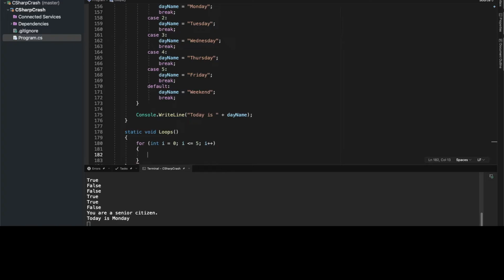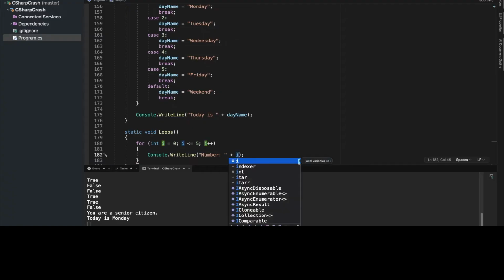And within this block, all we want to do is something simple. We want to Console.WriteLine the output of the number. And to do that, just to make sure that we're outputting the correct thing, I'm going to put a string literal in here, and I'm going to say number is, and then the value of i. So we're just outputting the value of i in this case. So if I run this,